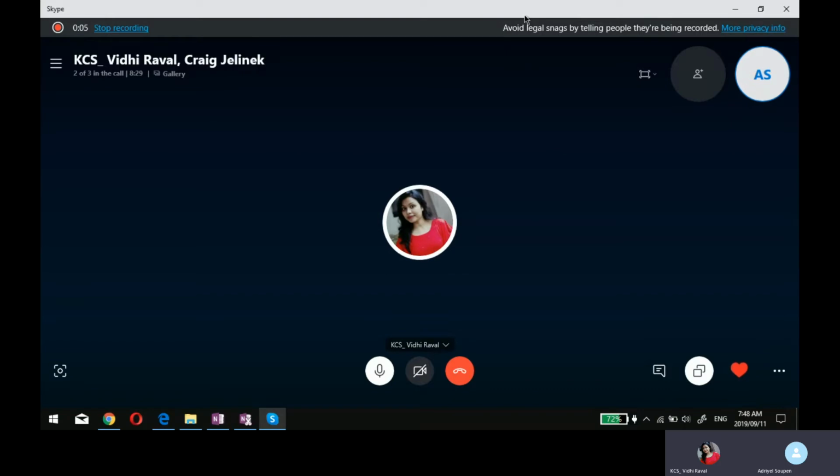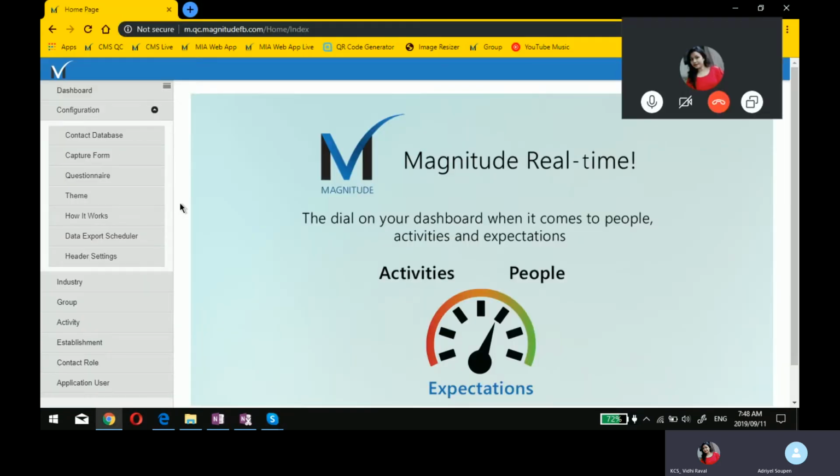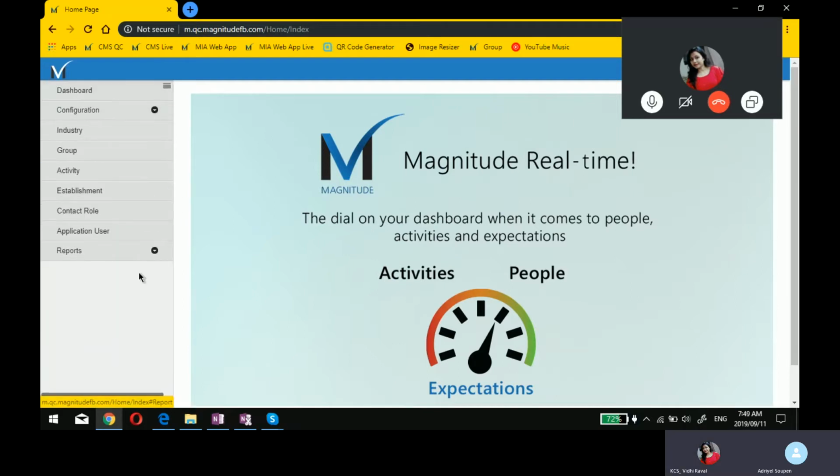All right, we're recording. Okay, let me get back to the CMS system. The CMS system is set up very nicely, as you can see here, we work down from the top